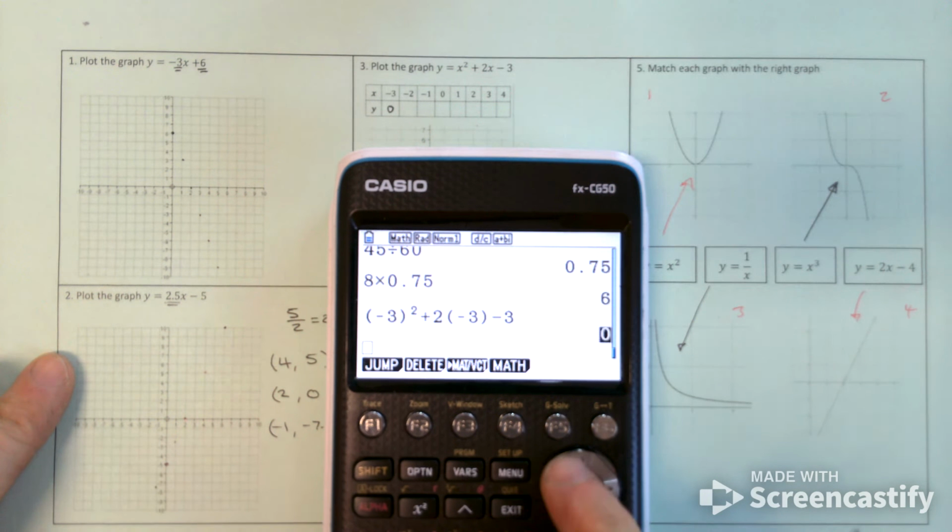Then I'm going to go back to that calculation I did. I'm going to change everything in my brackets. So that's why you put the brackets there, so that you know what you need to change. So that's going to do -2 now. Hit equals again, and it gives you the next value along. So you keep on going, you do that for all of your values. I'm not going to bother doing it for all of them, but the